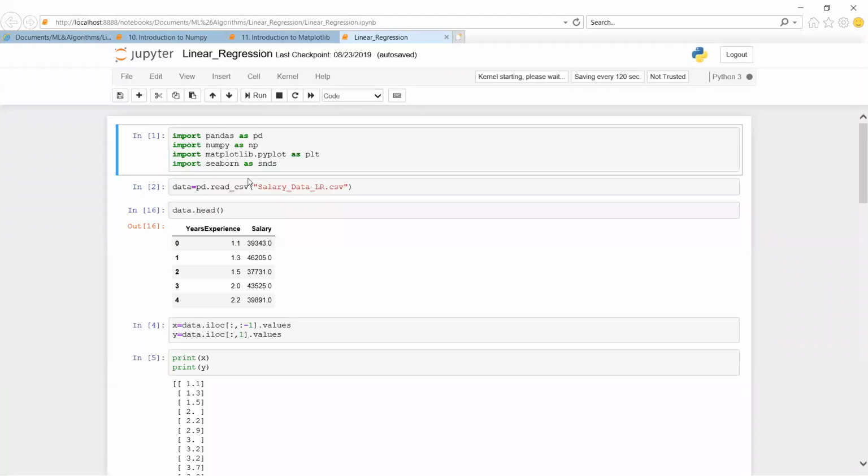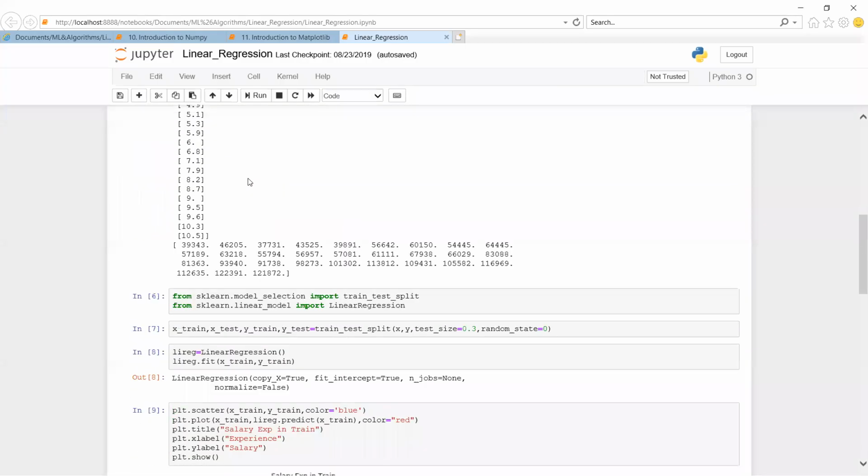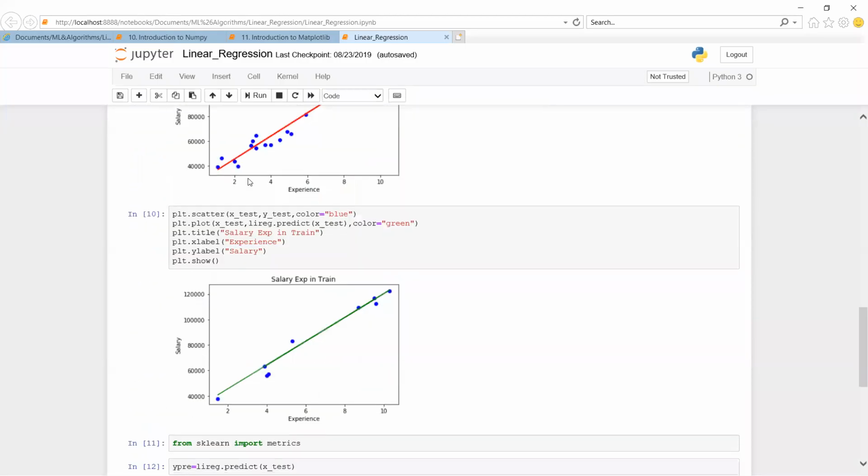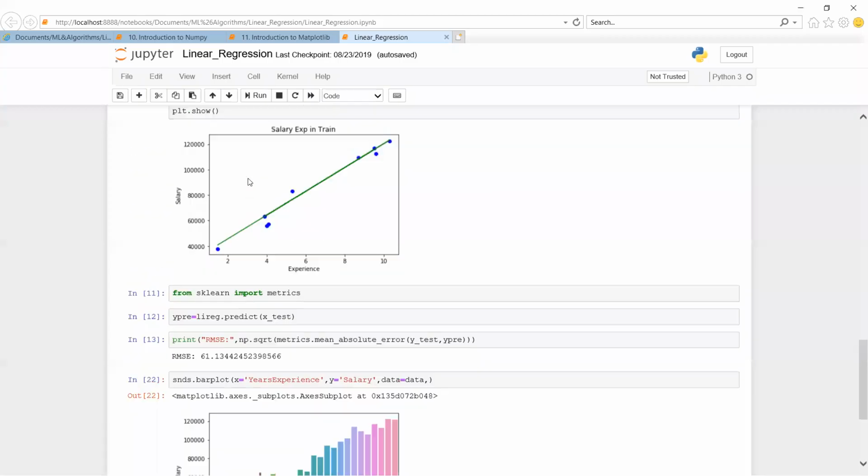So here is another one. It's like a mini project. Just for example, I'm showing. In machine learning, we have different types of algorithms. Here, by using the linear regression algorithm, how are we going to understand the data?